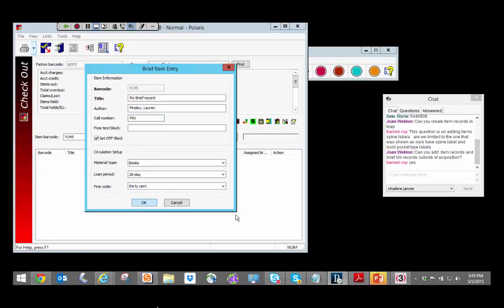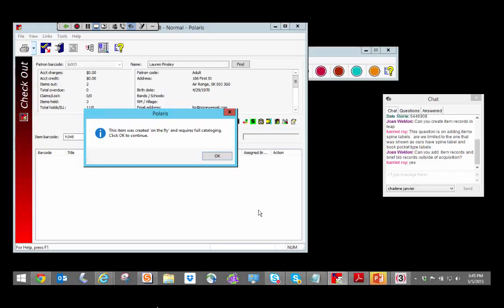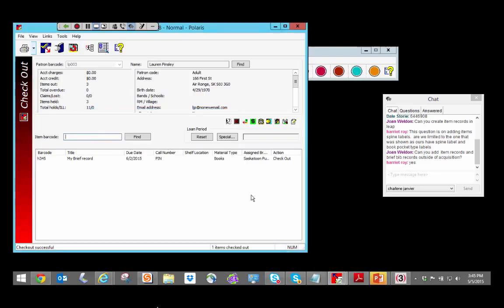So this lets it go out. So now it goes out to the patron. It will go out to the patron in a minute, I hope. Come on. And now we're seeing the block. This item was created on the fly and requires full cataloging. Click OK to continue. But it still goes out to this patron. So when the patron brings it back,